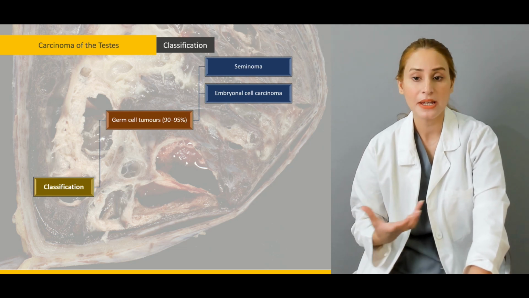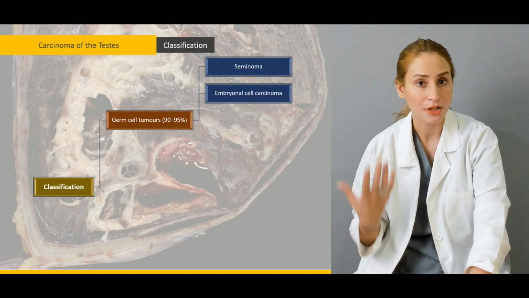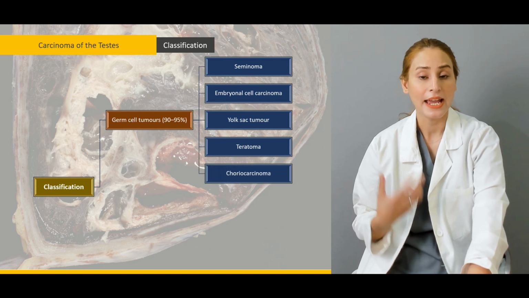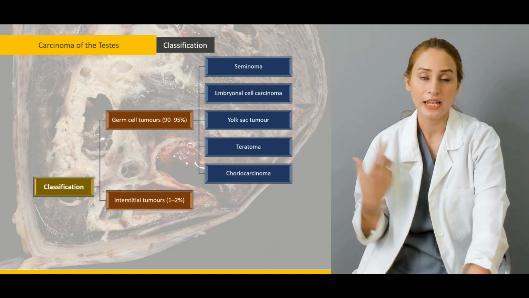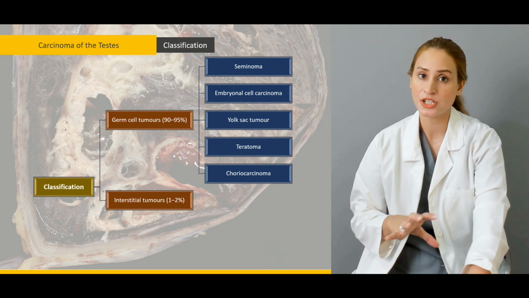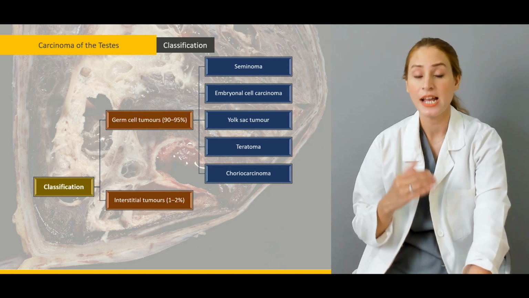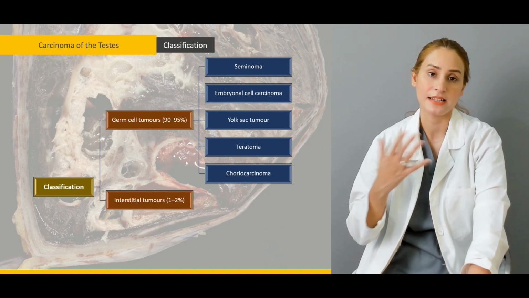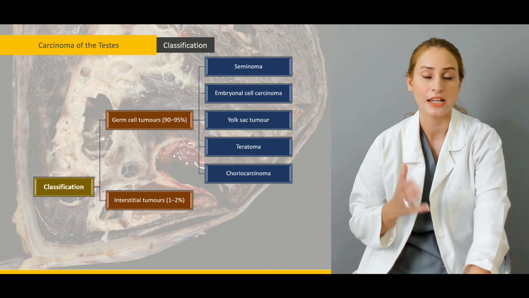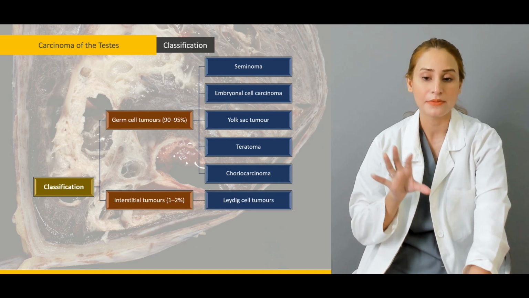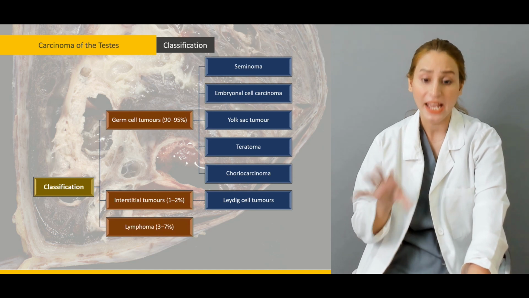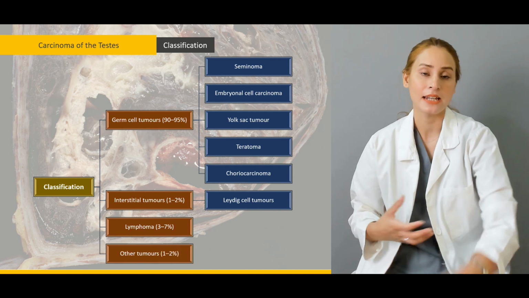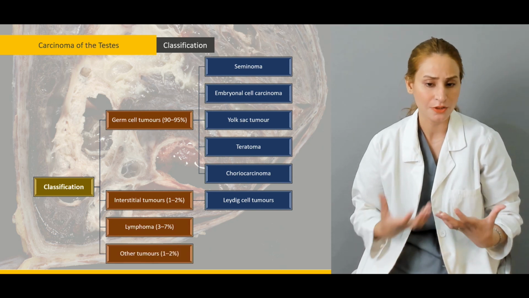So the non-seminomatous germ cell tumors include embryonal cell carcinoma, yolk sac tumor, teratoma, right? And the choriocarcinoma. And if we talk about the rest of the non-germ cell tumors, they're the interstitial tumors. They constitute about 2 to 5%. Some literature says that they are 1 to 2%, but some says that they are 2 to 5%, right? And they are composed of the Leydig cell tumors. Another 3 to 7% of the classification includes the lymphomas, and the other miscellaneous tumor group is about 1 to